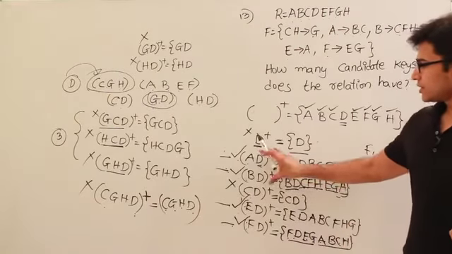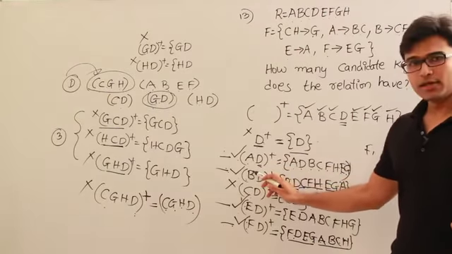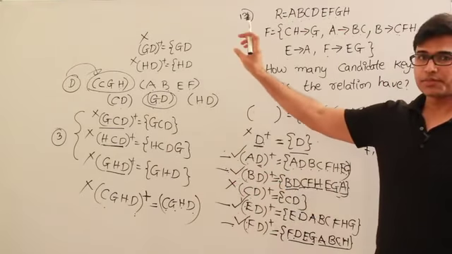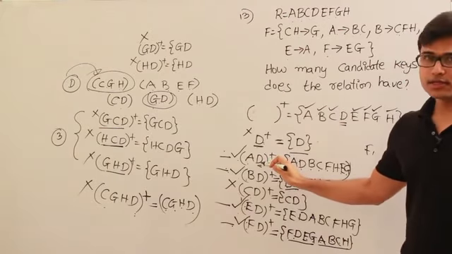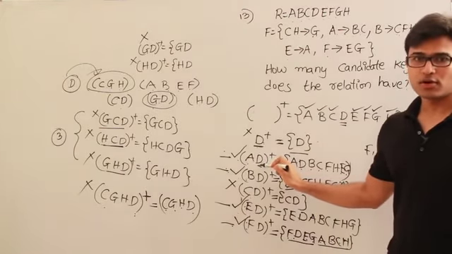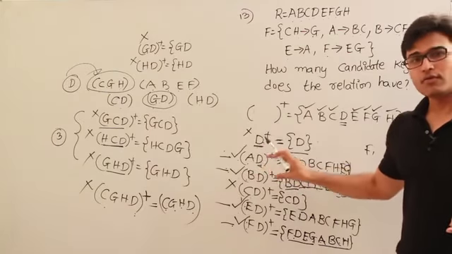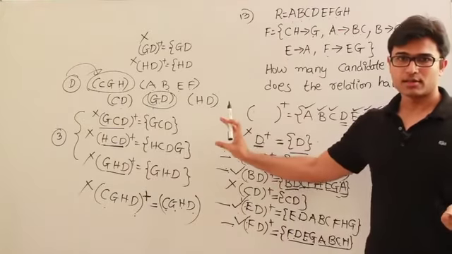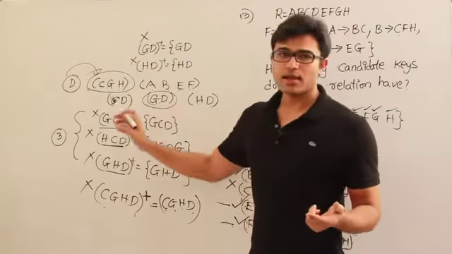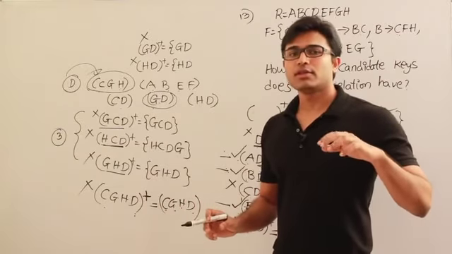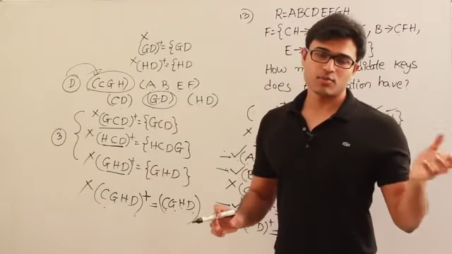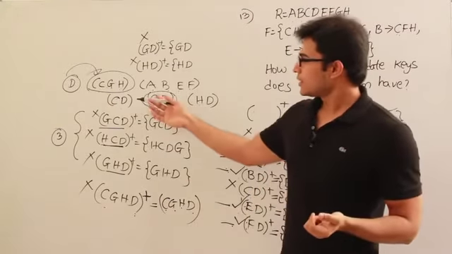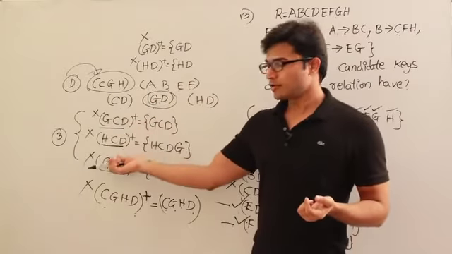Because other possibilities will never be a candidate key. The reason is, if you take any other combination like AB, that will not contain D, right? Therefore these are the set of subsets which contain D in them. So how many did I get? 7. So I tested all the 7, and out of which 4 turned out to be candidate keys and 3 turned out to be non-candidate keys. Now I have taken those 3 and I tested if they are possible to become a candidate key again by adding one more attribute.